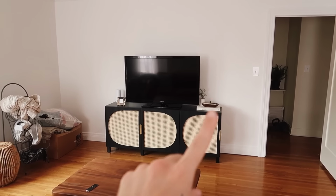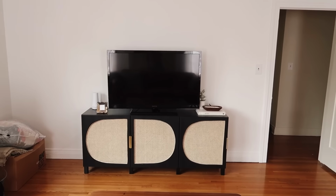If you have not seen this, I'll put it in a card up there. I DIY'd the entire thing from an IKEA console. I'm also gonna put in a before clip of this living room right now so you can really see the